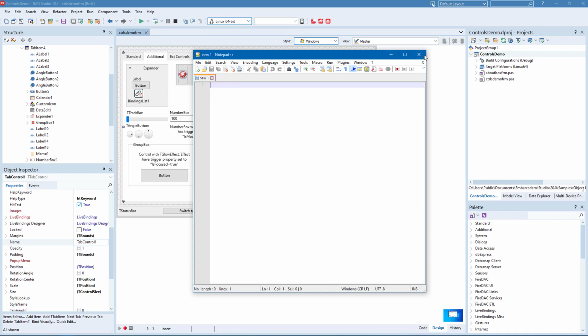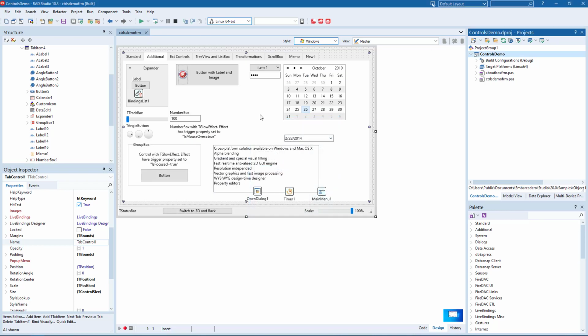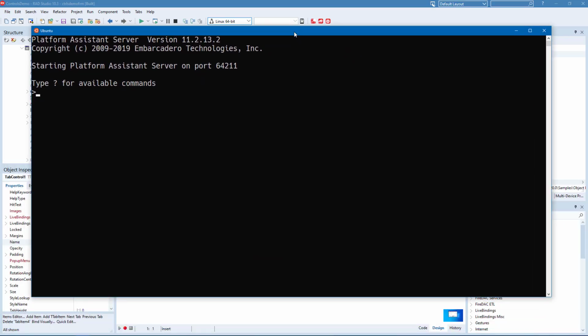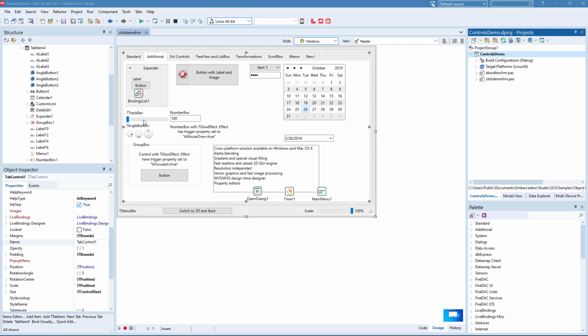So if I go here, we'll do tools, Ubuntu terminal. Of course, it came up on the wrong window. There it is, it launches the Ubuntu terminal. I can close that, and I can go tools, Ubuntu GUI,